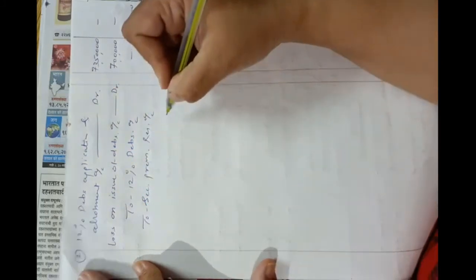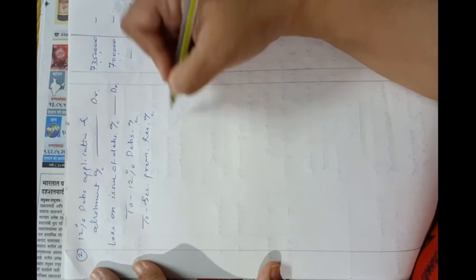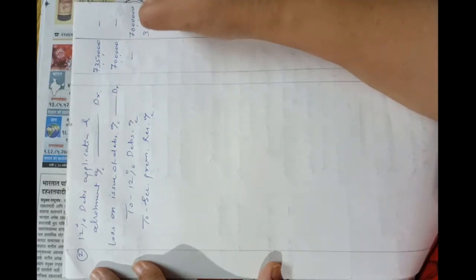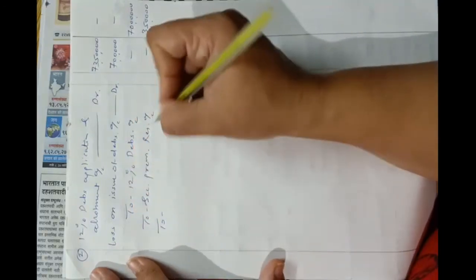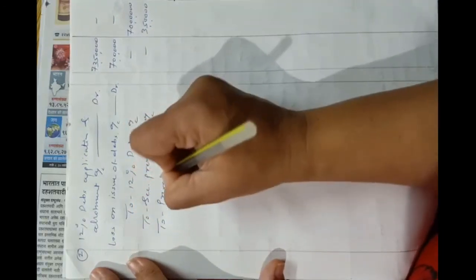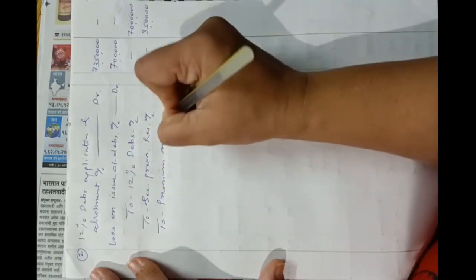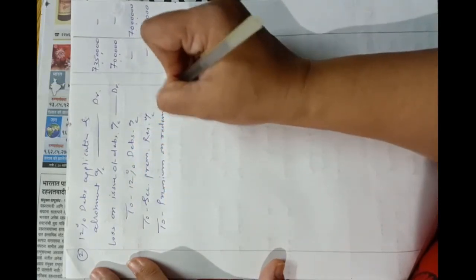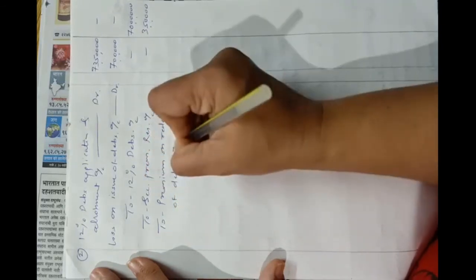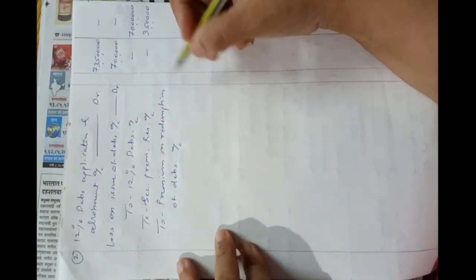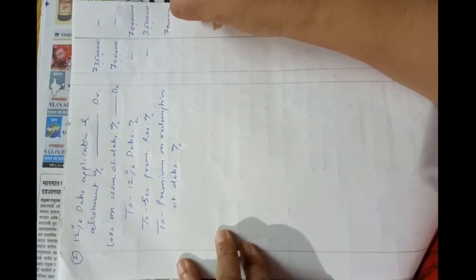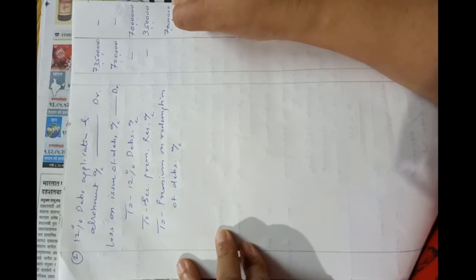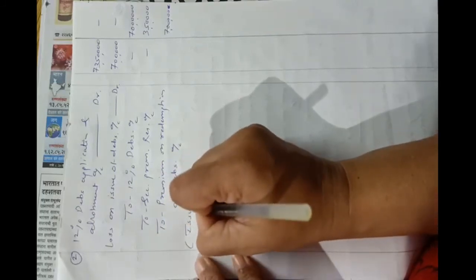This is the security premium 5% received at the time of issue, 3,50,000, and to premium on redemption of debentures account. That is 10% premium on 70 lakhs, that is 7 lakhs, or 70,000 debentures, 7 lakhs. Narration: issue of